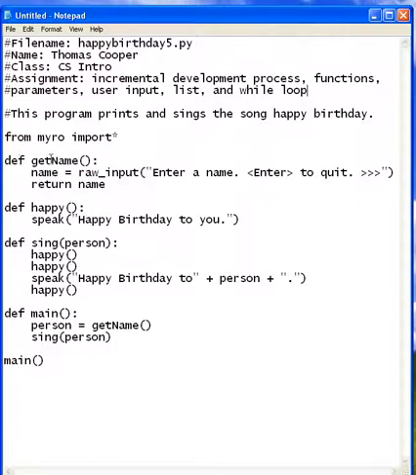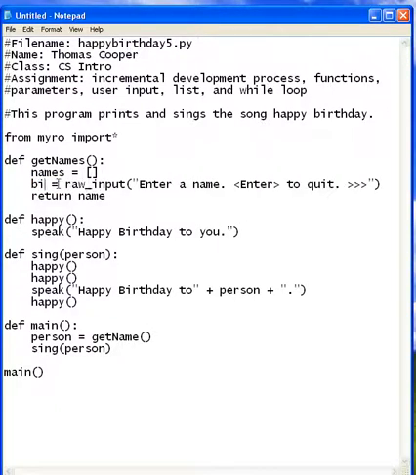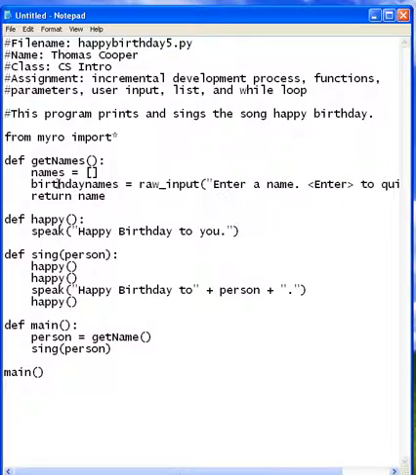Alright, so then we're going to go to our getName function and we're going to add an empty list. So we're going to say names and put an equal sign and then an open and closed bracket. And since we're going to get multiple names, let's change our function name to be plural. And then, since we've named our list names, we probably want our variable to be a little bit different, so we're going to name it birthday names. And then our raw input is still going to be enter a name to sing to, and then enter to